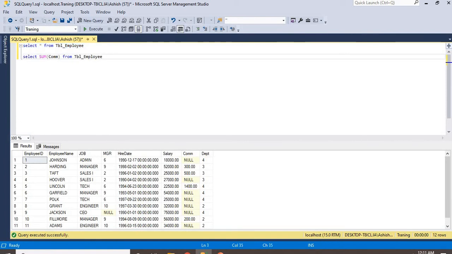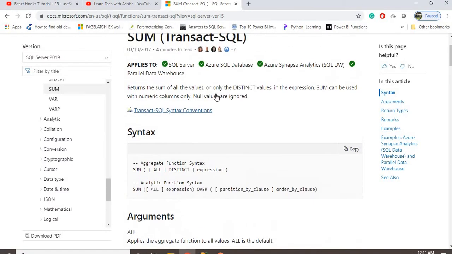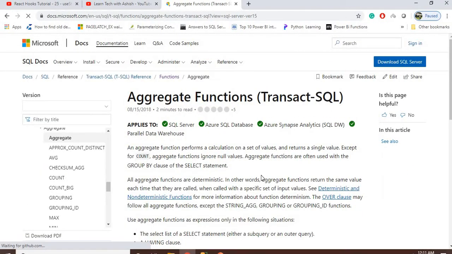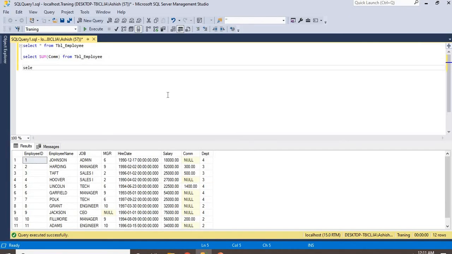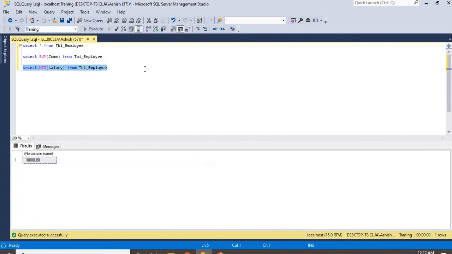Next we will go with minimum and maximum, very good functions. If you need to find who has the minimum salary or minimum commission in your employee table, you can use them. Select minimum salary from the employee table.